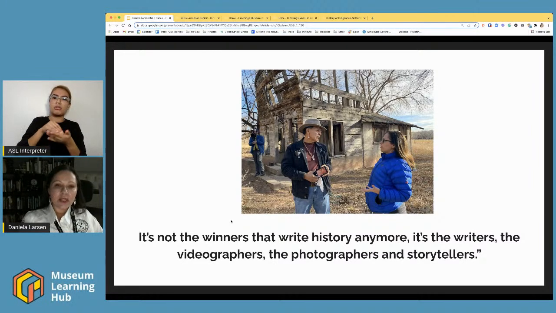It really just allows us to have more than one version of a story and be able to be comfortable with the fact that two people can experience the same event in history very, very differently, and that there is room for both of those. We're stewards of the history. We're not trying to write it. We're trying to make sure that it is accessible and that all the versions of it are there. And so we can give different groups different opportunities to tell their stories.